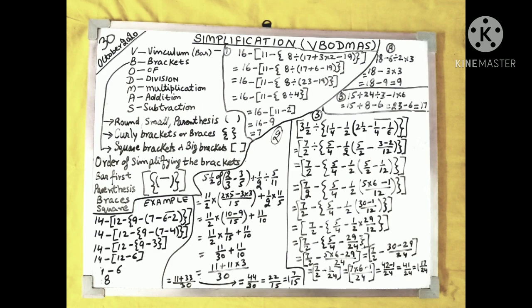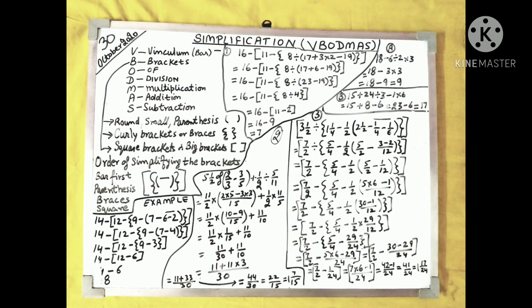See the next one now written as second. 5 and a half of 2 by 3 minus 3 by 5 plus 1 by 2 divided by 5 by 11. Right? So I will write 11 by 2 of 2 by 3 minus 3 by 5 plus half divided by 5 by 11. 11 by 2 of means 11 by 2 into this bracket. So we are solving this bracket by taking the LCM and writing 1 by 2 divided by 5 by 11 as 1 by 2 into 11 by 5.